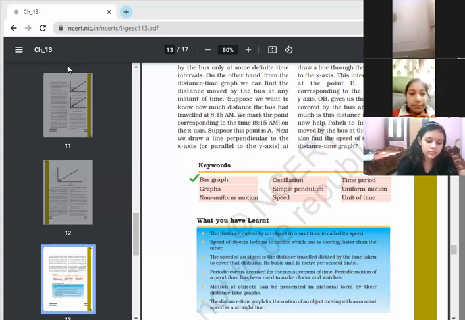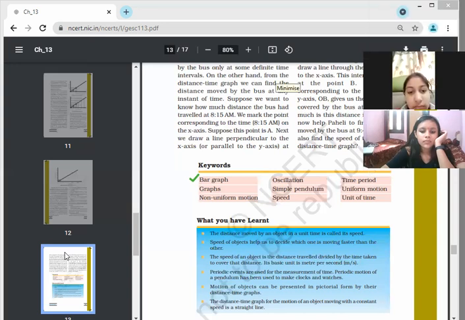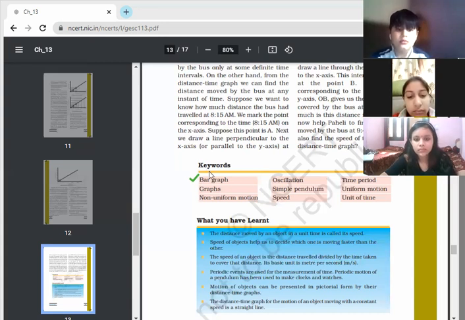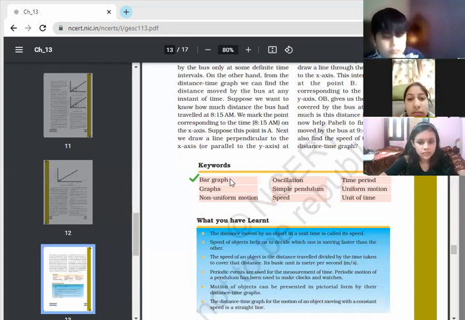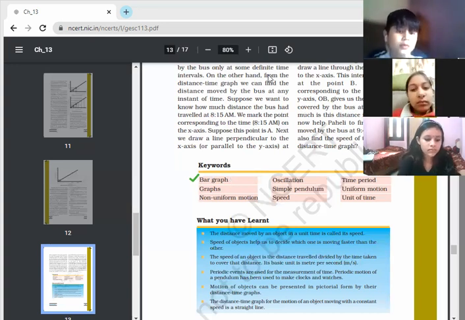Tanvi, you can also tell. I have found the same meaning. Yes, speak out. A bar graph is one in which data is represented by long rectangular columns. Okay, a type of graph in which the data is represented in rectangular columns. Kindly write it down, or I will share the word meanings with you. I will upload them on the ERP.